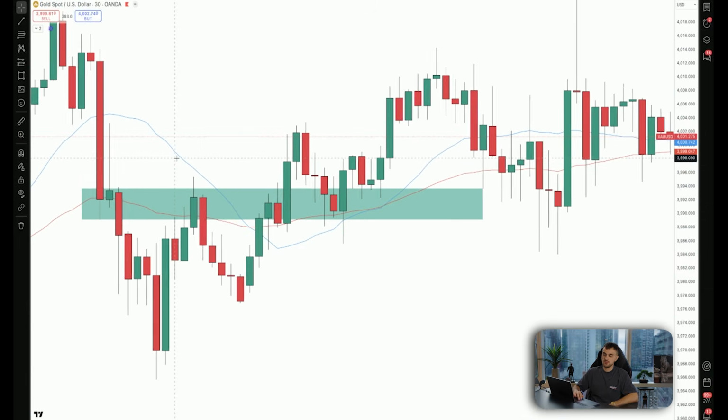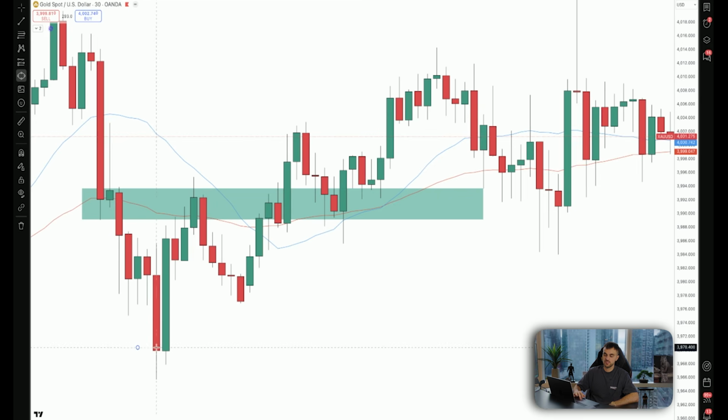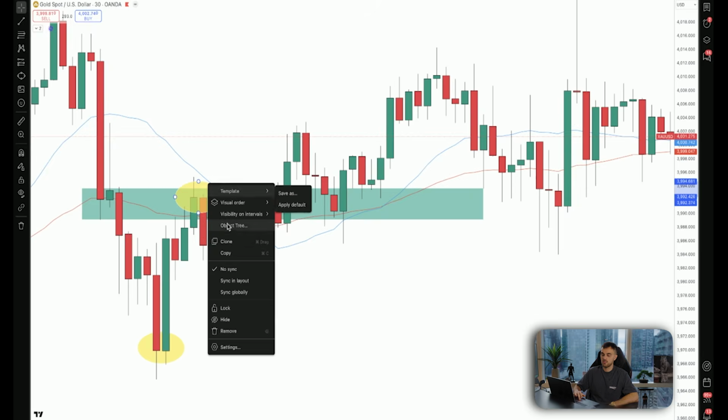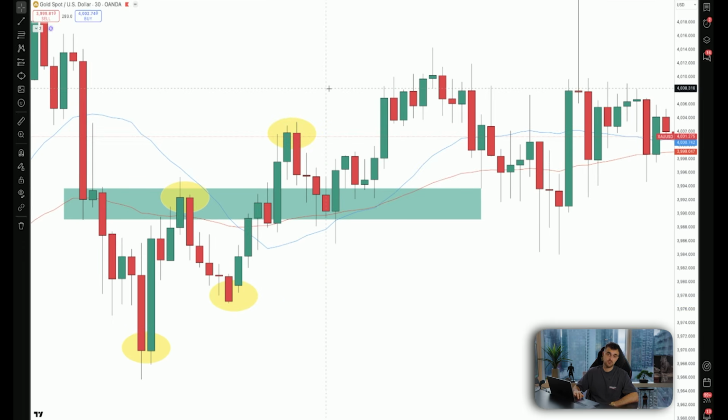For example, here's one of the last trades that I caught on gold using this strategy and understanding market structure. Gold made a low here, it made a high here, and then it made what we call a higher low. And then here, gold makes a higher high. At this point, it's broken out of a key resistance point on the chart, and I'm looking for what we call the retest. I'm not so much of a breakout trader. I will wait for the retest.